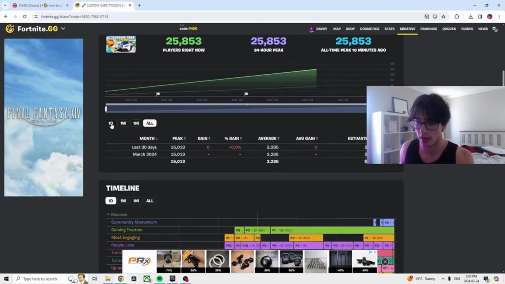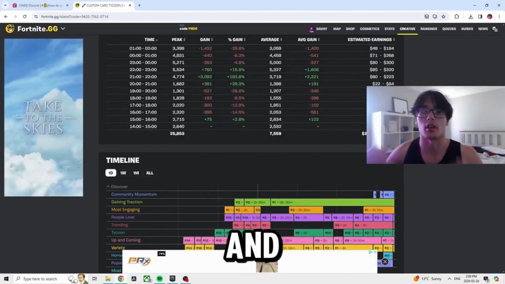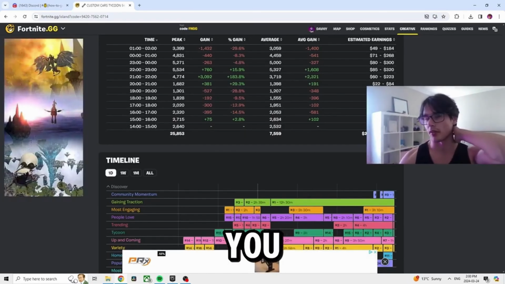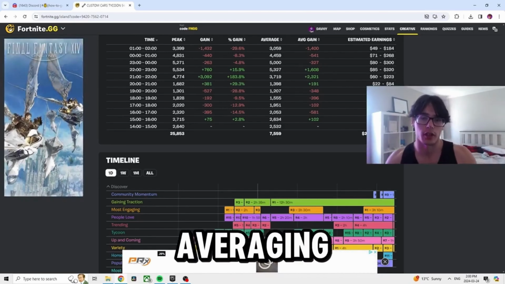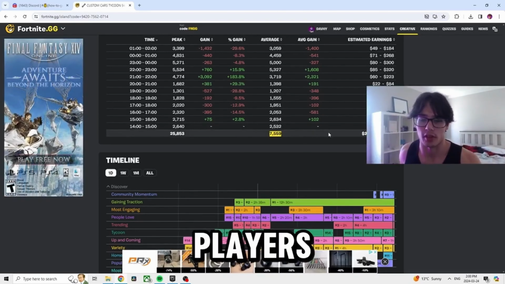Alright, so 25,000 players, it's only been out for a day, and look how much money he's made so far. 9,300. Today, he's made over $11,000. Alright, and what I want to talk about is how is this guy going to get paid? Let me explain. So look, Epic Games pays you based off of your island retention, and also the watch time in your game, and how many people are averaging your game, right? So this guy can be averaging 7,000 players for a day, and then if